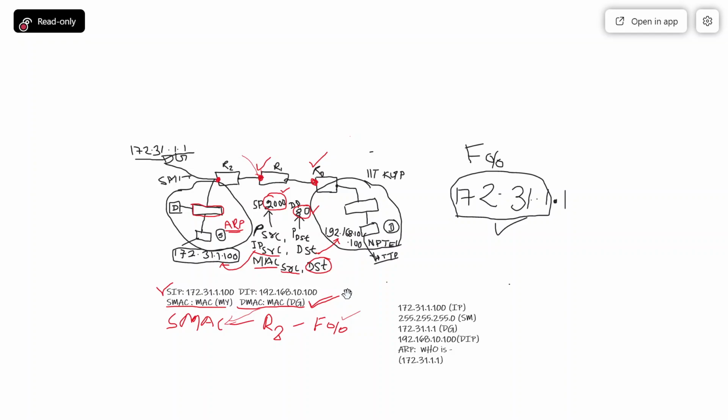And layer 4 and layer 5 are never going to be utilized on the intermediate hops. So this is the way the packet is going to be framed from your computer, and it will go to router 2, and similarly it will reach the destination.